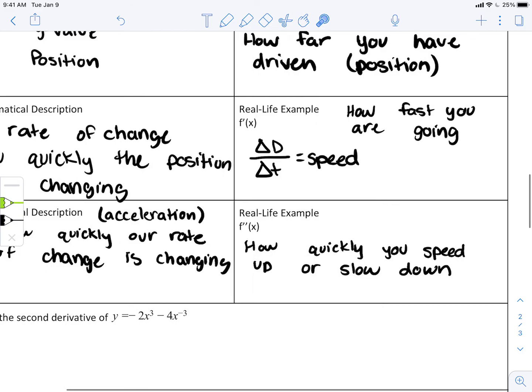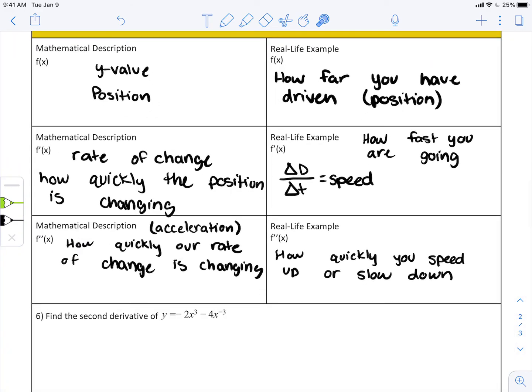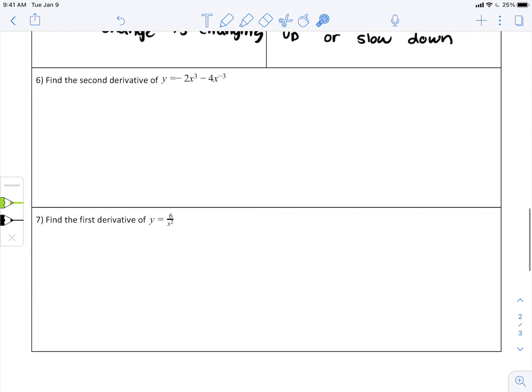This is just an intro as to what these derivatives will mean and why we care about them. But for today, we're just going to be focusing on how do we find them. And so to find them, we just think about taking our derivative multiple times. So for instance, this is asking for the second derivative. So if we're given the function y, to find its first derivative y prime, in this case, we're going to